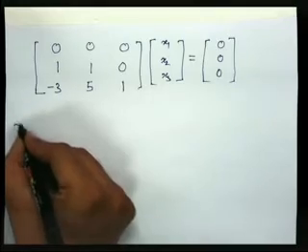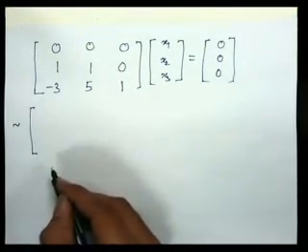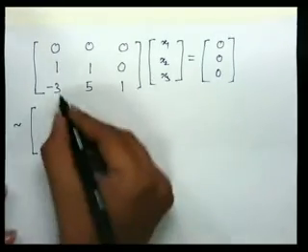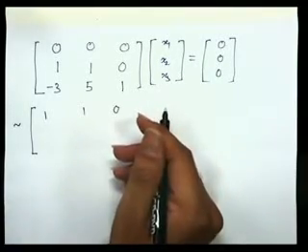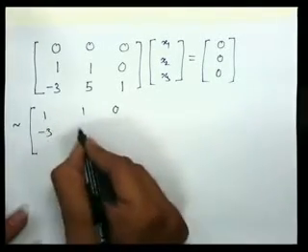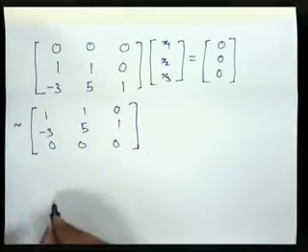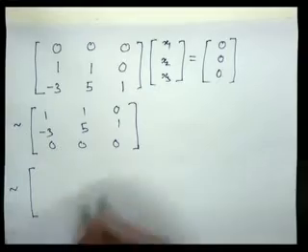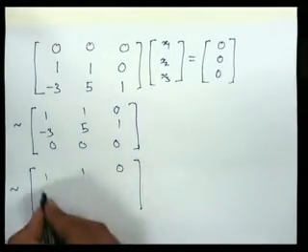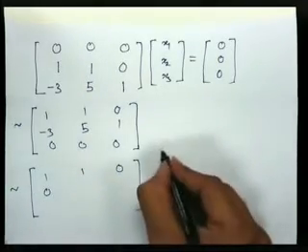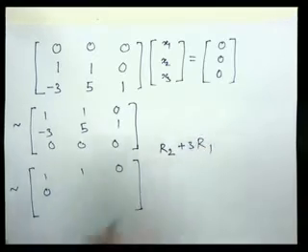So let us find the row echelon form of the coefficient matrix, that is a similar matrix. First we interchange the rows, that is let me put this row first, 1, 1, 0 is the first row. So we shuffle the rows and arrange minus 3, 5, 1, 0, 0, 0, and then by applying elementary row operations, adding 3 times the first row to the second row, the operation is R2 replaced by R2 plus 3 times R1.